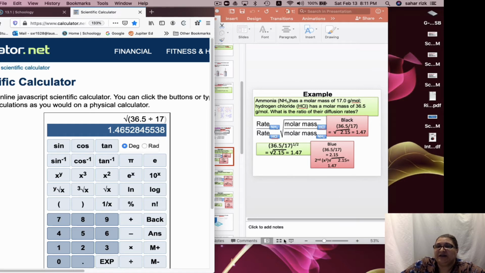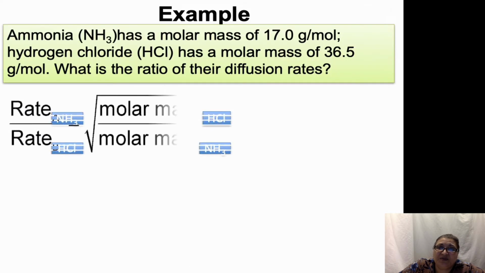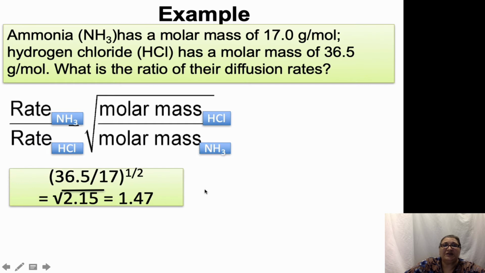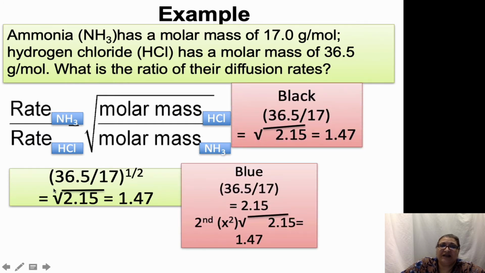I recommend going online and using this one, because I don't know what style of calculator you have at home. If you want to play around with the ones you have, then ask me in class and I'll go over it with you. Some of them, like this one, are straightforward, just like the one online. But some of them you have to press second function x squared to get the square root. So just ask me in class if you have questions.